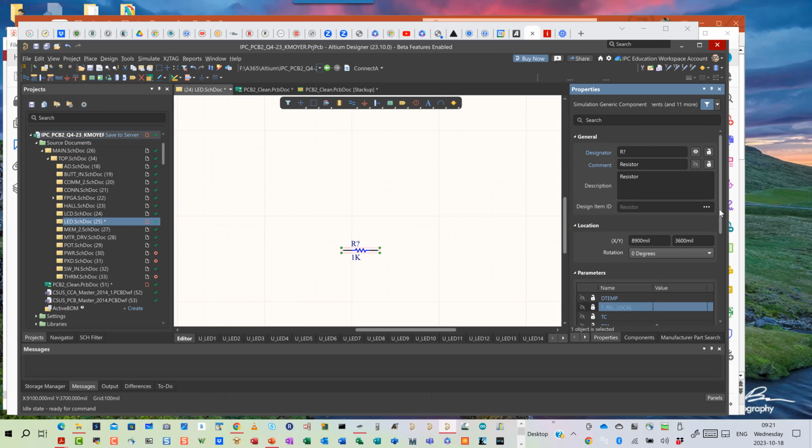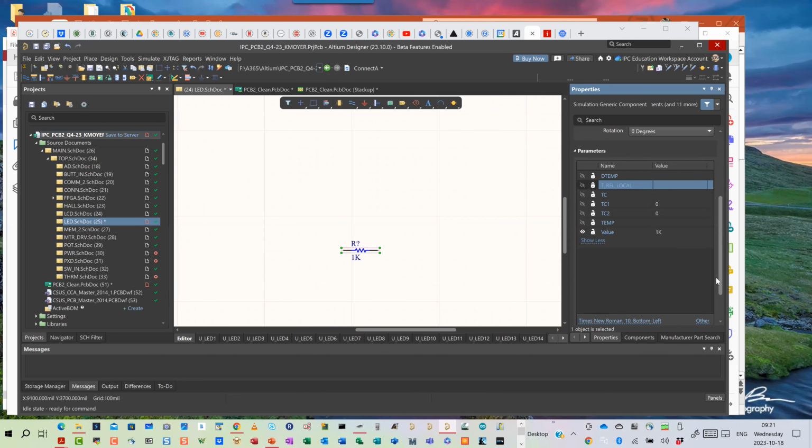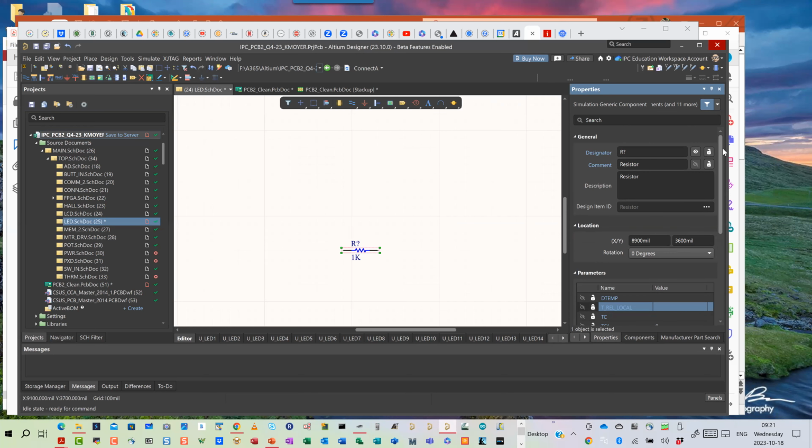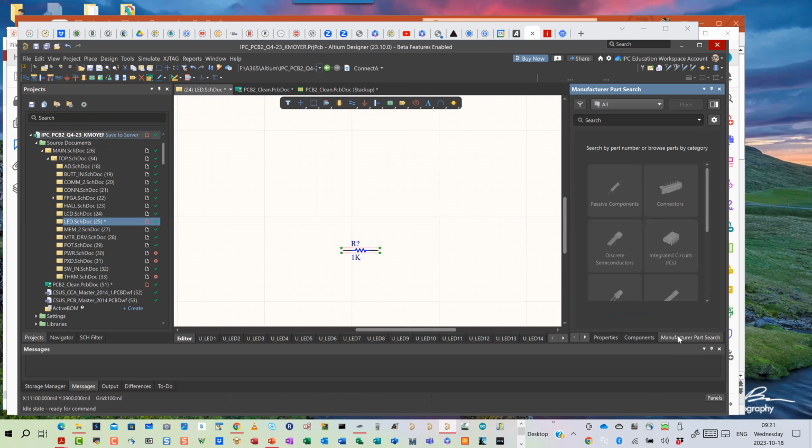I have a few PSpice parameters supplied right here, and that's about it for values and parameters, right? And it's just a generic resistor. But let's say, for example, I know exactly what part I want. And I know it's a CRCW 0805 1K00 FKEA, 0805 1K ohm 1% resistor, right? Under this manufacturer's part search,